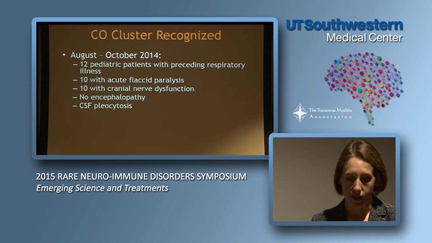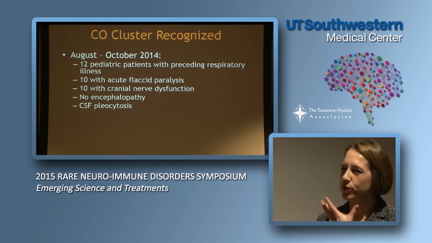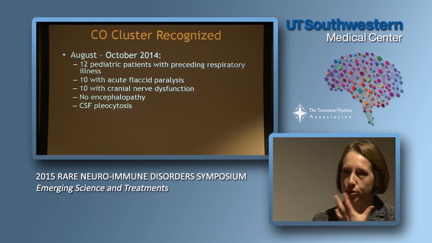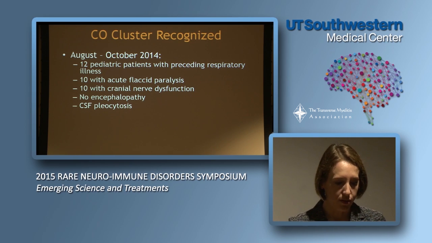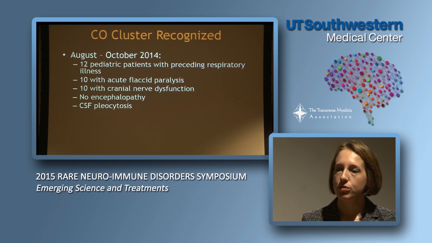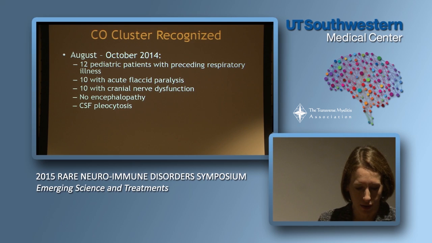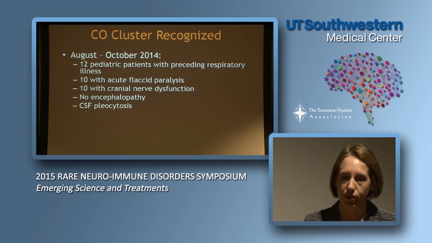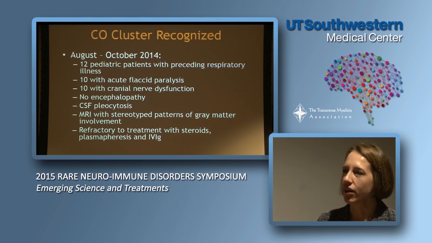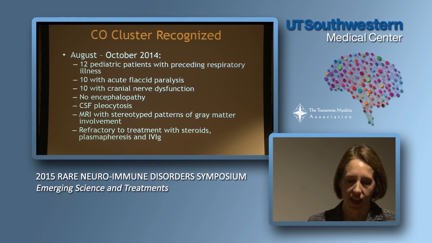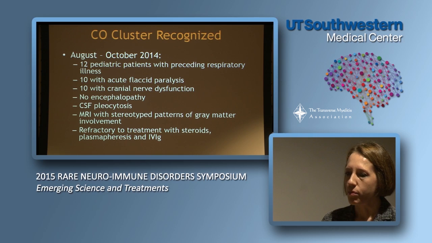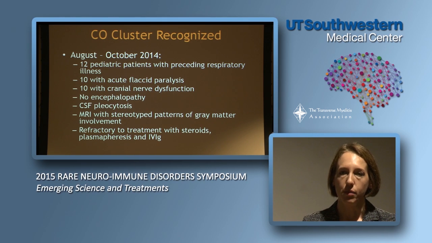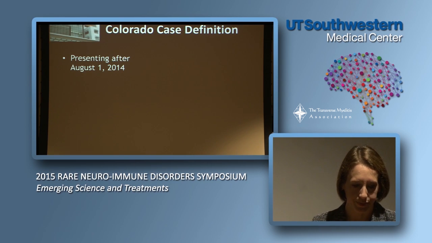Many of them had cranial nerve dysfunction, which just refers to a sort of weakness of particular muscles that are fed by nerves that come right off of the brainstem. They weren't confused or sleeping a lot. They were thinking themselves at their baseline. There was no encephalopathy, and they had cells in their spinal fluid. So all of this and the MRI sort of painted a picture of a very distinct subtype of myelitis.